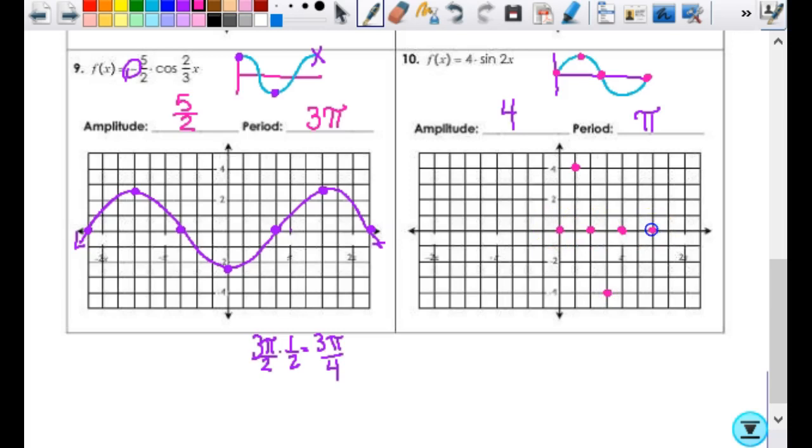Then I can just repeat. I'm going to get all of my intercepts in there. Okay. Then in between here, I'm up. In between here, it's down. And then up, down, up, down, up, down. So my graph